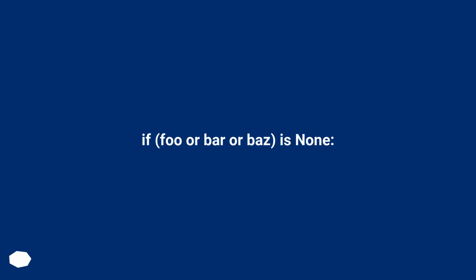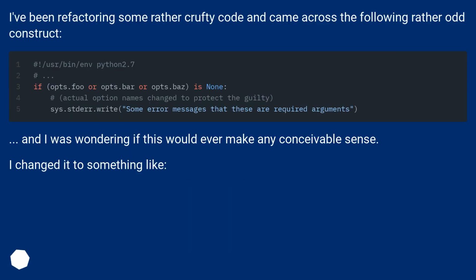if foo or bar or baz is None. I've been refactoring some rather crafty code and came across the following rather odd construct. And I was wondering if this would ever make any conceivable sense. I changed it to something like